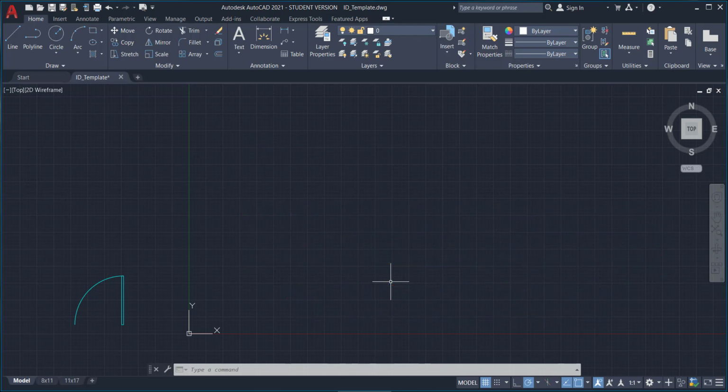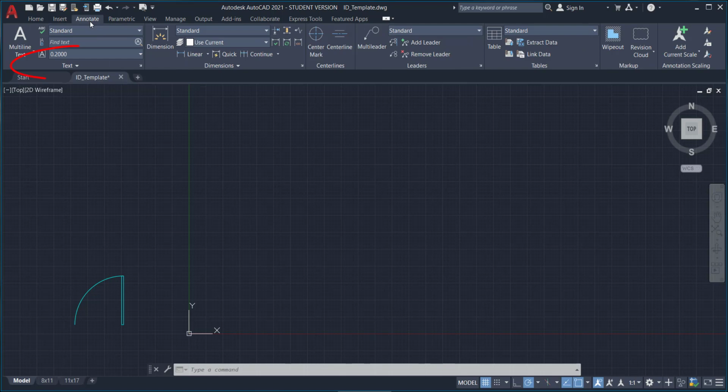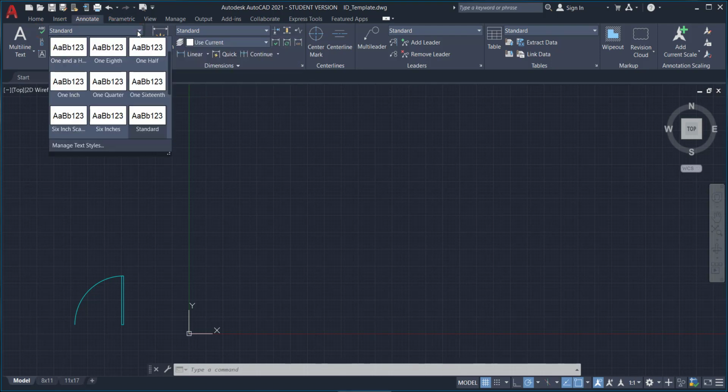So to find text, if you go up to the ribbon and find the Annotate tab, and then you're looking at the text panel. You should see a scroll bar at the top of this panel that has like a little ABC and a check mark, and then the words standard right next to it. If you go ahead and click on that, you will see that I have created a lot of text sizes for you. So how this works is whatever your paper space drawing is scaled to, you will choose the same